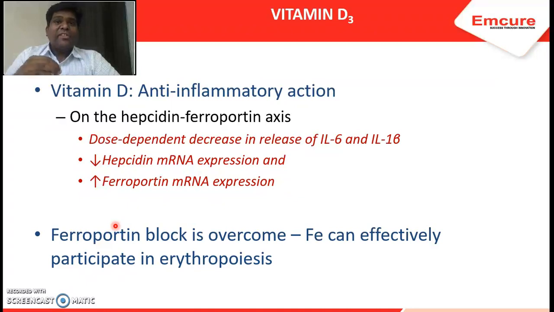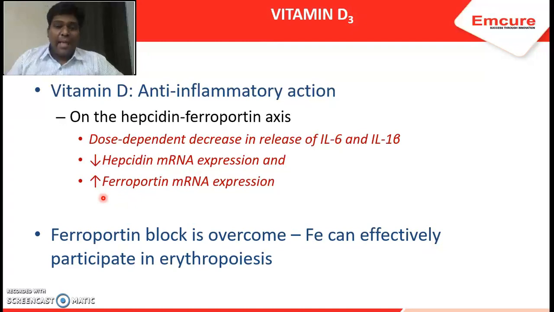As you increase the dose of vitamin D, it produces more and more anti-inflammatory properties. It decreases the levels of inflammatory cytokines like interleukin 6 or interleukin 1 beta. It reduces the hepcidin levels by reducing its mRNA expression. So hepcidin levels are reduced. It increases the ferroportin mRNA expression. So what it does is it creates new ferroportin channels, or it overcomes the block of the ferroportin which is